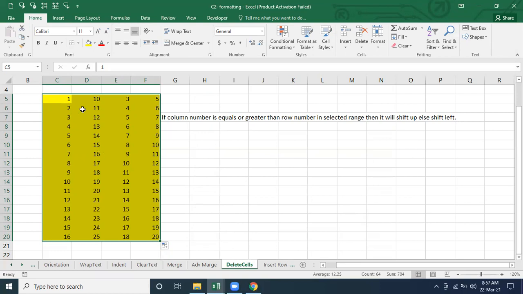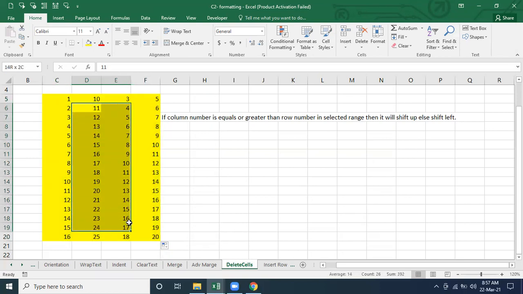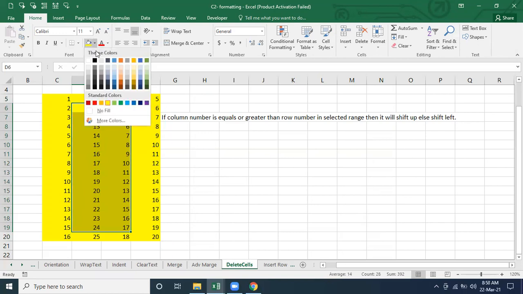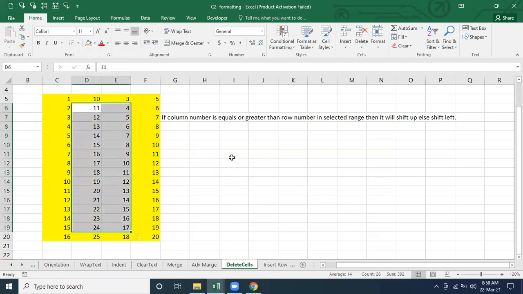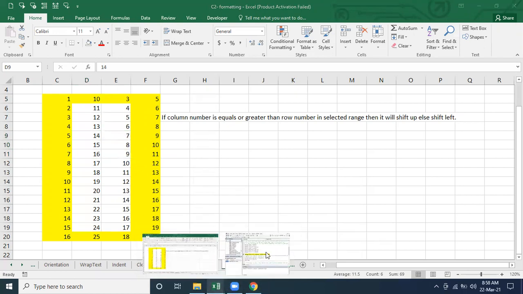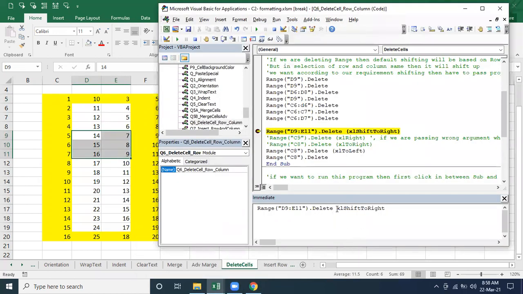So if we were to delete D9, just a second, sir. Just see here on the screen. D9 to E11, where we are shifting right. This argument, whatever we were passing, was wrong, right? It should be up. By default, it will be what?